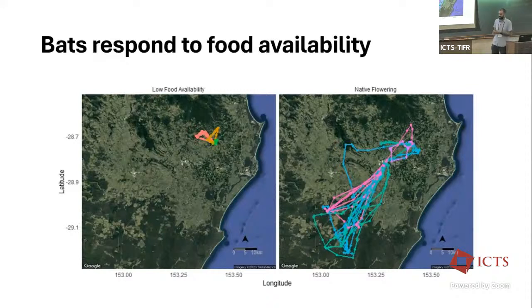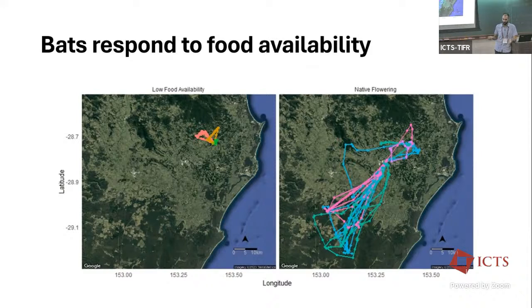These bats can feed on nectar resources, but they can also feed on fruit. When these nectar-producing trees are available, they will fly super long distances to get there. This is showing GPS tracks for individual bats going hundreds of kilometers to feed on this nectar. But when there is no nectar, when the resource is not working for that year, they'll stick around more locally and try to feed on whatever they can. And that's often fairly suboptimal food.